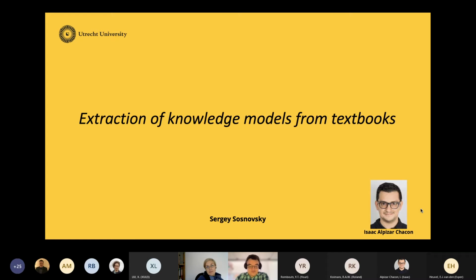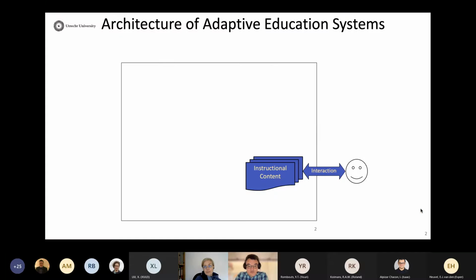So I will talk about extraction of knowledge models from textbooks, but being a researcher in the field of adaptive educational systems at heart, I came to this topic from the problems that underlie adaptive educational systems. I want to spend a couple of slides to introduce one particular problem that really hindered the development of these systems and the dissemination of these technologies.